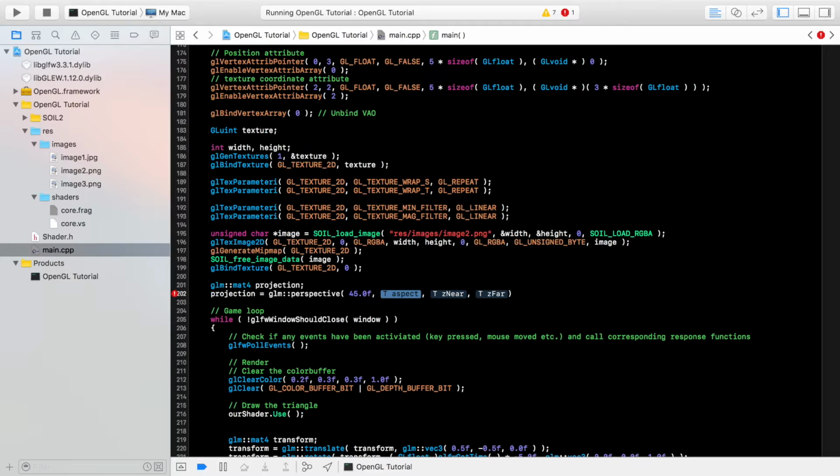I'll actually show you an image on Google in a moment of a view frustum, so you can see each one of these particular pieces of information in play and how essentially the camera system works. So the aspect ratio, you would just get that by doing screen width divided by screen height. This keeps it dynamic, and we're going to cast this to GL float,